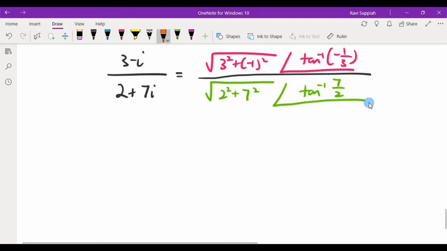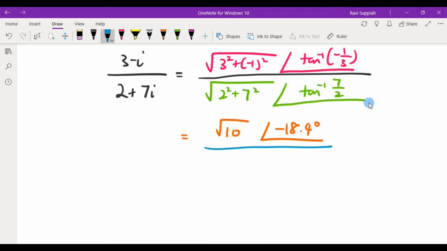Now what we have is the numerator, you get square root 10 angle of negative 18.4 degrees divided by square root 53 angle of